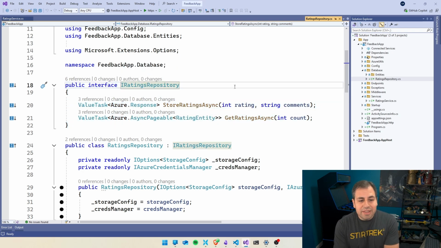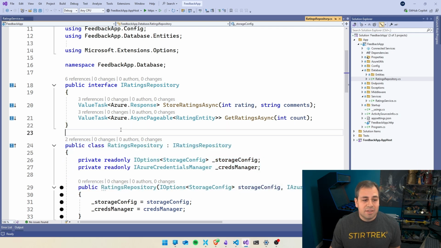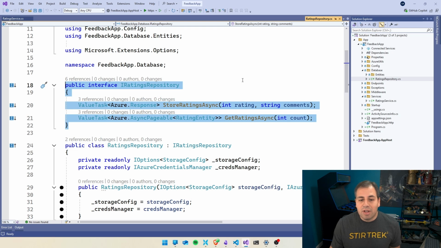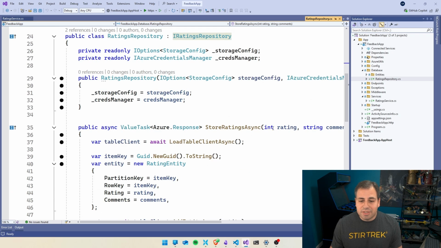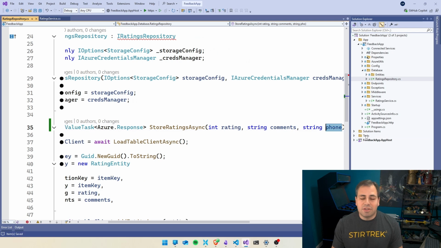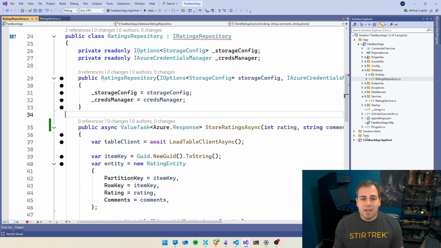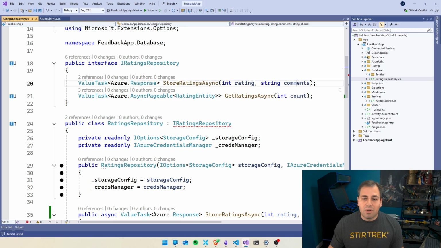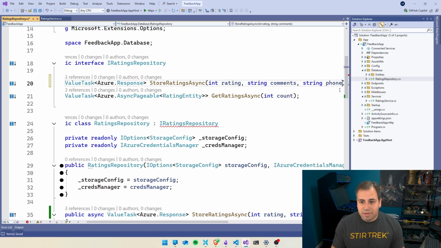So a thing that I think would be better is, why don't we just, at runtime or at compile time, generate the interface? Because if it only exists for that, if it should be a direct copy of the concrete class, then there's no point in us typing this thing out. Because the other problem is, what happens if all of a sudden I decide to add, let's say, string phone number? So all of a sudden someone wants to give us a phone number. Well, now I have to remember to go over here and add it to the interface,